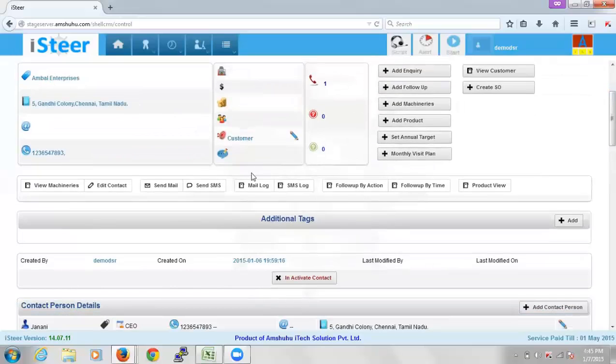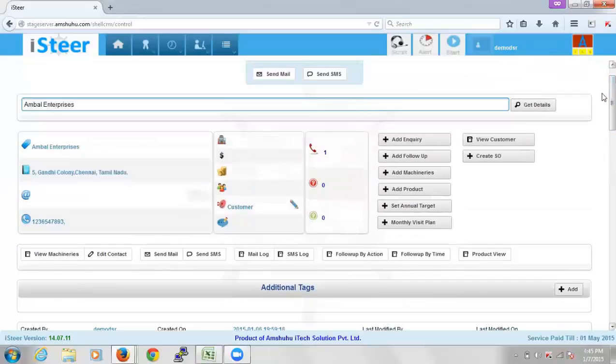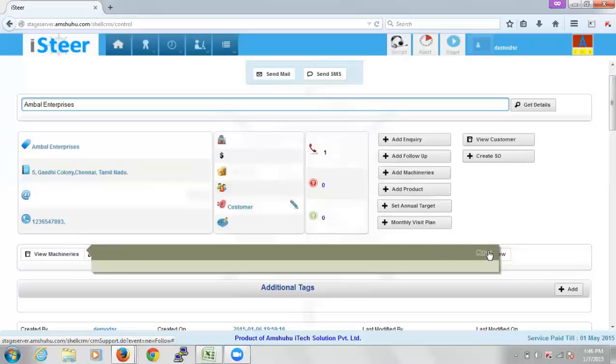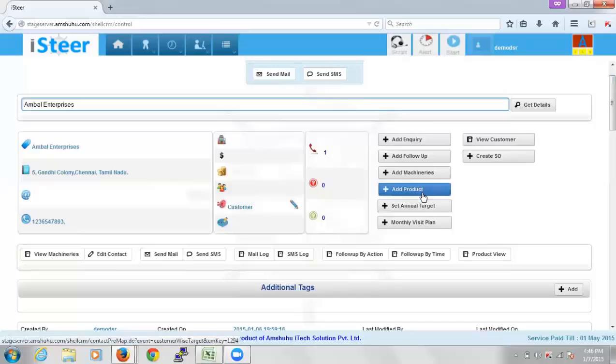Coming down, you have view machineries, and then this is to edit the contact. View machineries, this would basically be, you see a button called add machineries, the third button in the contact page. So if for this particular company you are aware of the machineries used by this company, so that you can have a potential of selling your products to that company for those machinery, you can add them here. So anybody viewing this page would know that these are the machineries being used in this company, so there are potential products that can be sold in this company in future.